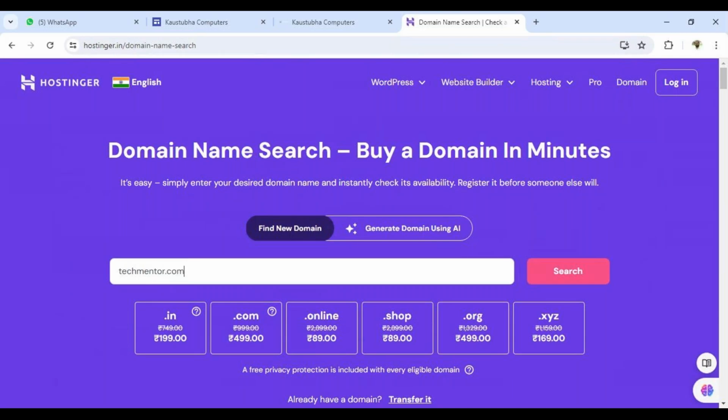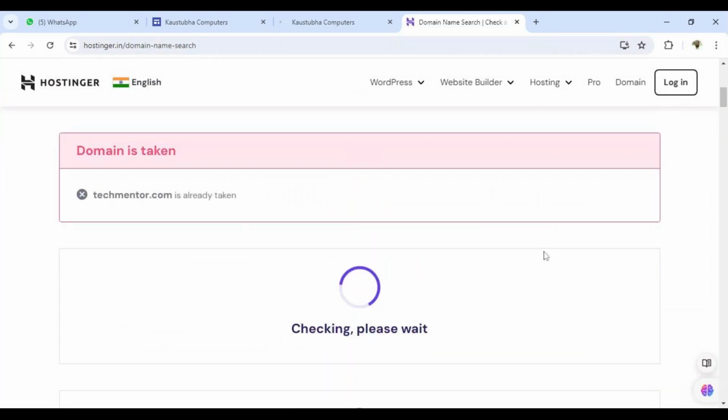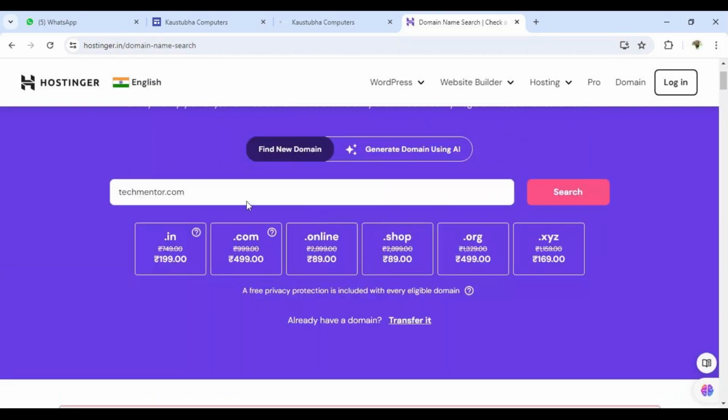Techmentor.com. Okay, if I click for search, it is verifying and saying that techmentor.com someone has already taken. Okay, so again you search for some other name whichever you like. Okay, so in this case I'm going to take one more called as